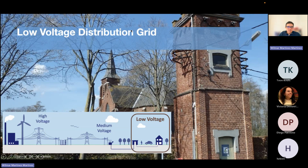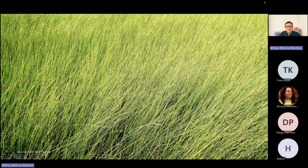When we have these interconnections, like I mentioned before, going from high voltage, medium voltage, and low voltage, I really like this analogy that we use in the energy research line on the electrical network. When we talk about the low voltage distribution grid, it looks more or less like this. There is basically no two equal low voltage lines in the country. So every single line has different powers, different extension, different loads. So it's quite hard actually to